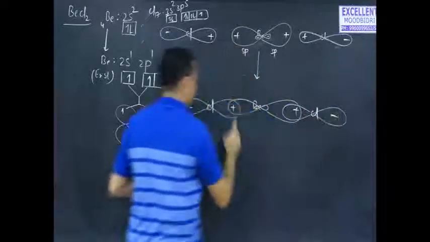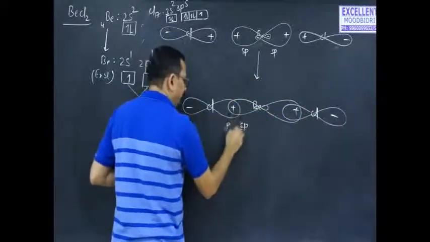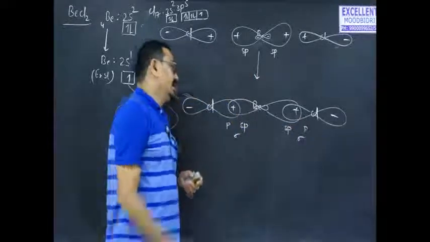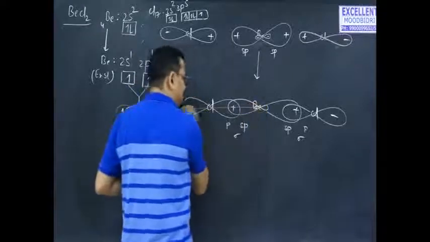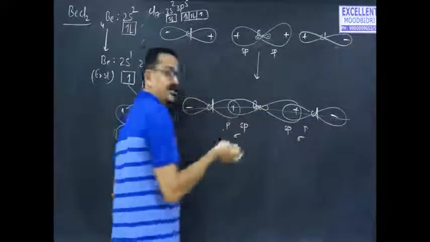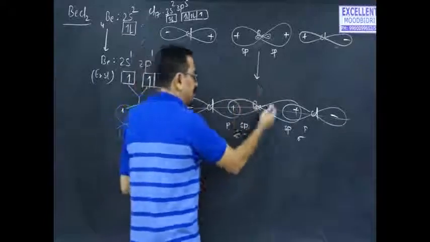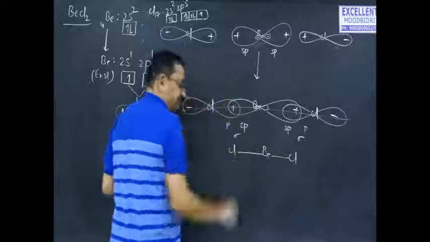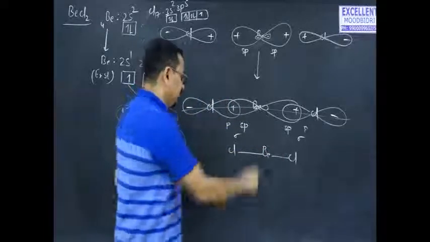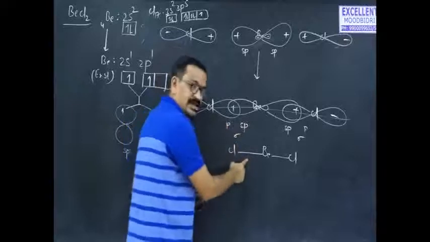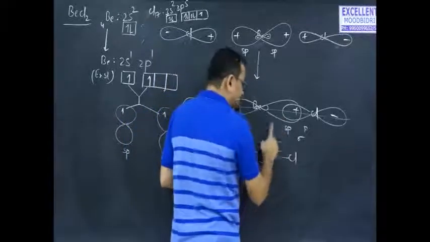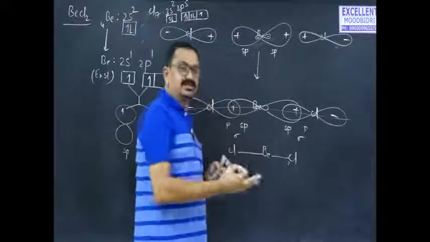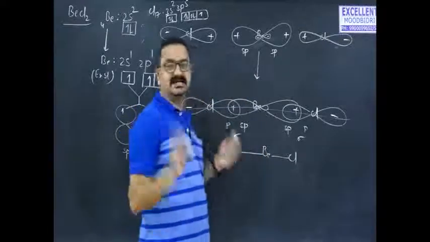Similarly, in the other direction beryllium forms another sigma bond with the half-filled p orbital of another chlorine. Thus, this is one sp-p sigma bond, this is another sp-p sigma bond. Even after bond formation, this arrangement is linear only. Now we can say the two bonds are linear to one another. In a simple bond line notation, we can picturize it this way, BeCl2, right? This bond is an sp-p overlapping sigma bond, and this bond is also an sp-p overlapping sigma bond, so both the bonds are of the same strength and same energies, the same in all aspects.